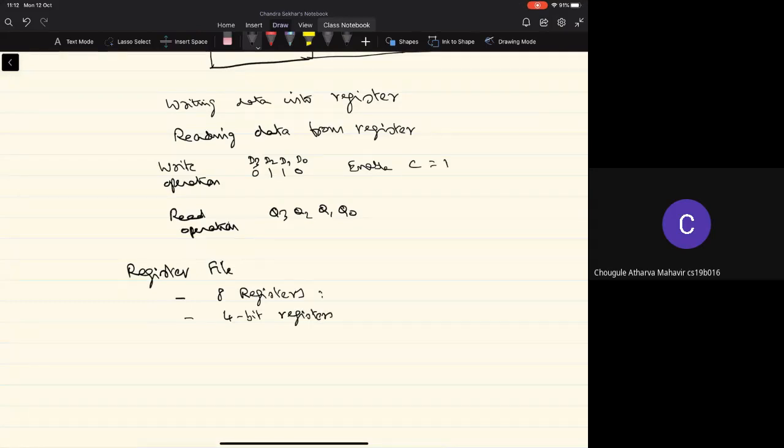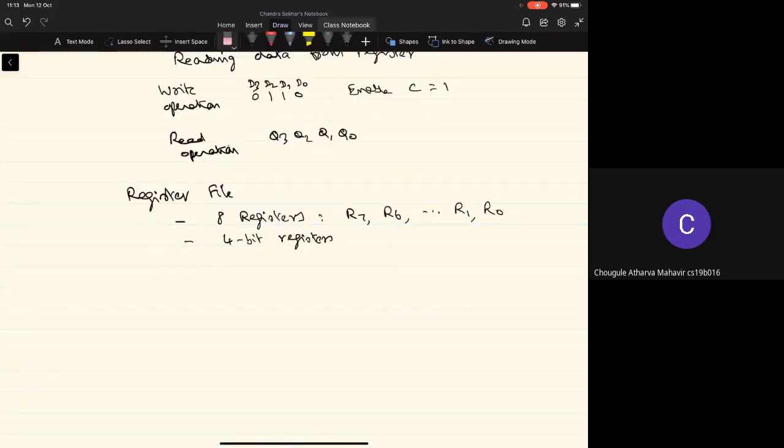So let's call these registers as R7, R6, and so on, R1 and R0, right? Now I want to put all these 8 registers together in a single entity called the register file.